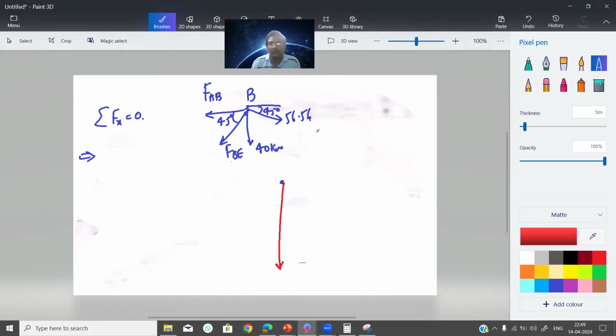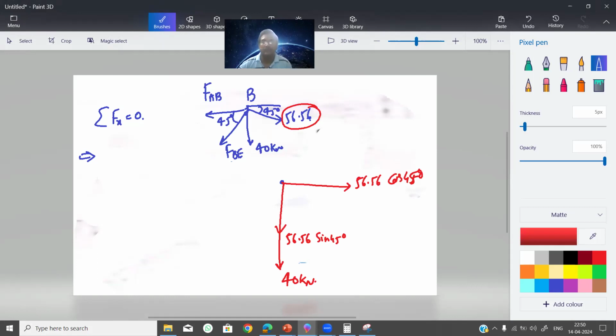So downside, I'm having 40 kilonewton, right? And these 56.56, it is having the component 56.56 sine 45 degrees in the downside, 56.56 cos 45 degrees over B. So this one. So this force FB,